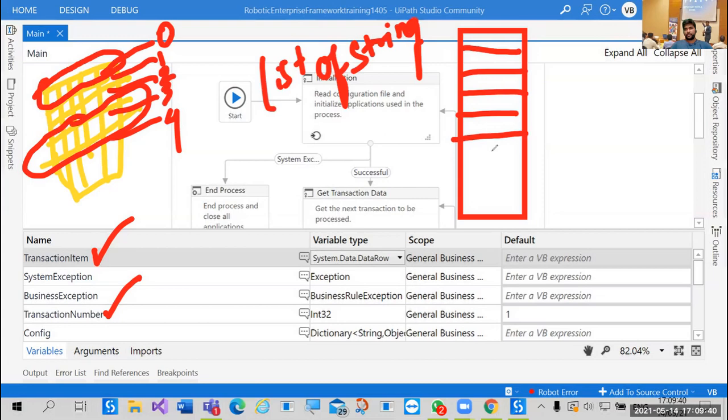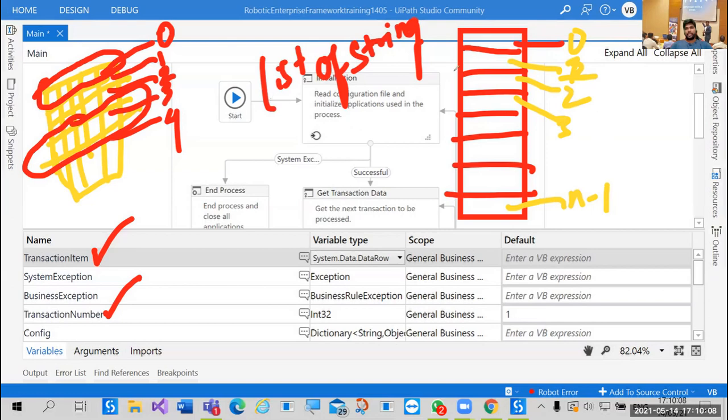So what is the index of this particular item? 1, sir. I think 1. By default, everything will start with 0. The index of this one is 0, the index of this one is 1. This is 2. This is 3. And if this is n, then n minus 1 is the index.